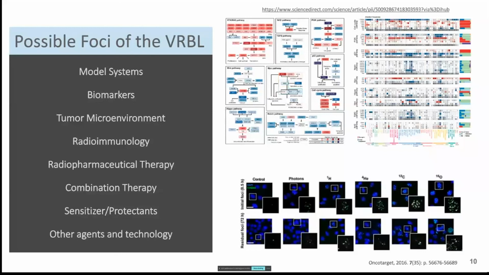Biomarkers. Absolutely critical that we understand as we deliver radiation what happens to our patients. There's a lot of opportunity to study that. The tumor microenvironment, again, a lot of opportunity. We're just barely beginning to understand how cells talk to each other, how the immune system may or may not respond based upon other conditions in the patient, et cetera. That leads to radioimmunology. Immunology has become a very large focus of science globally in radiation oncology and all forms of cancer therapy.